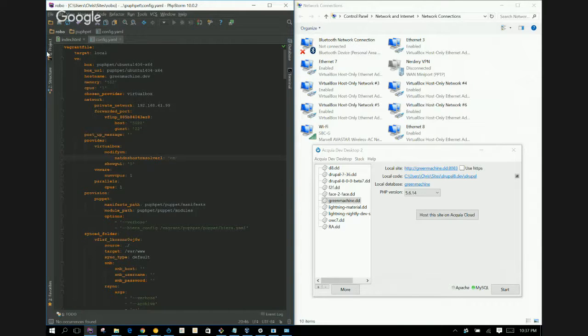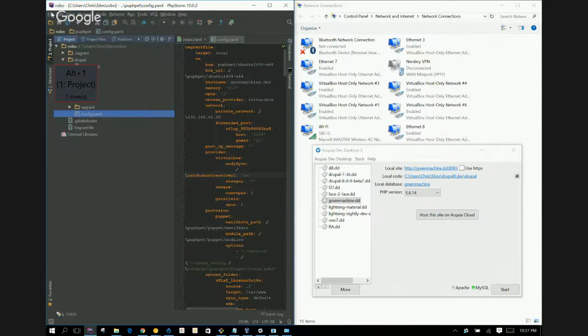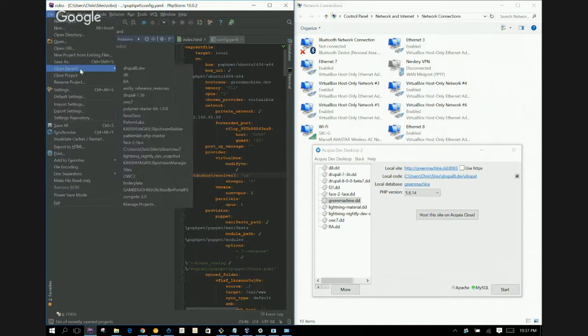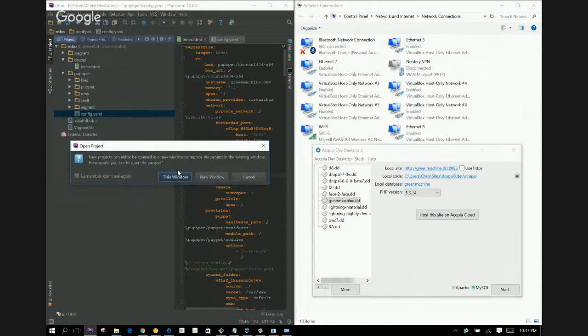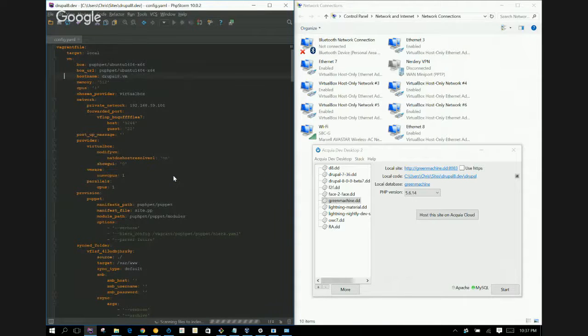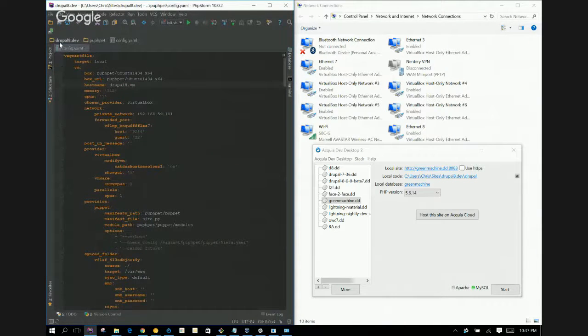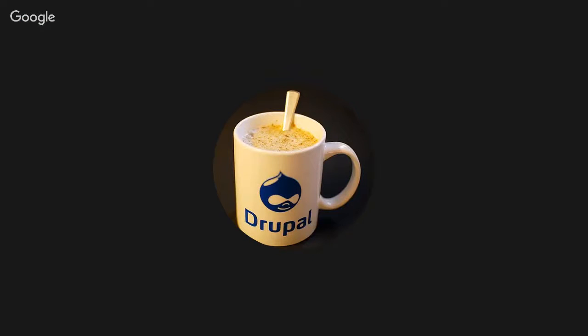Okay. This is not the right one. Let's open the right one. This is the one. We have the code. Okie dokie. Now, you go to settings.php. I can navigate directly to the file. And